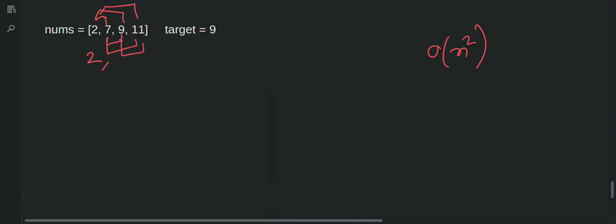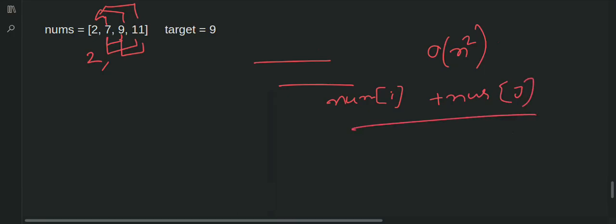I mean an outer loop and then an inner loop, and then add those two numbers like nums of i plus nums of j. I think you get the idea, and see which two numbers actually equal the target, and then return their indices. Okay,